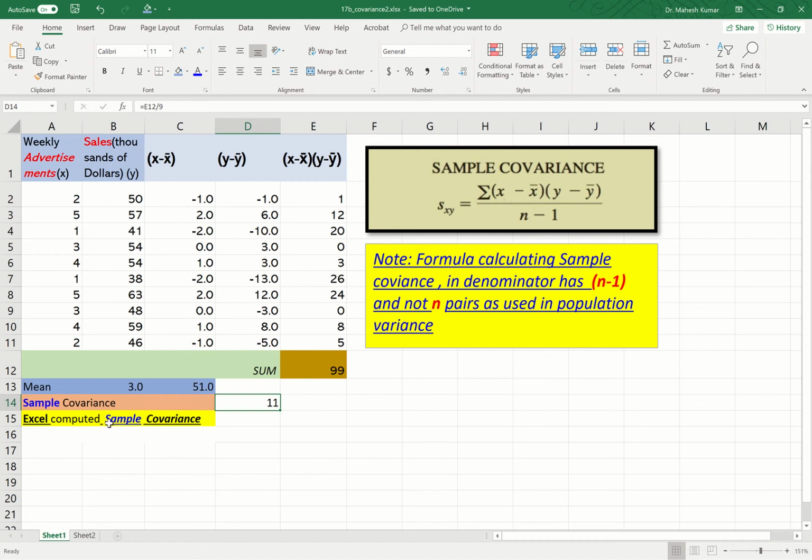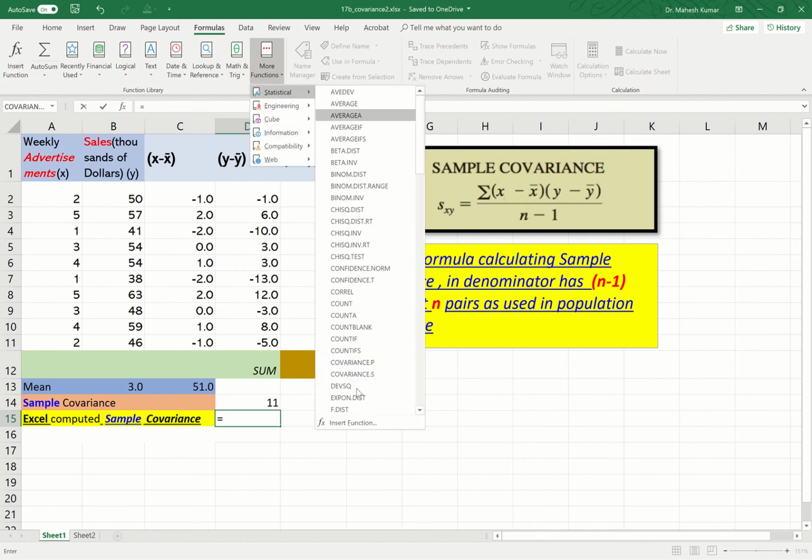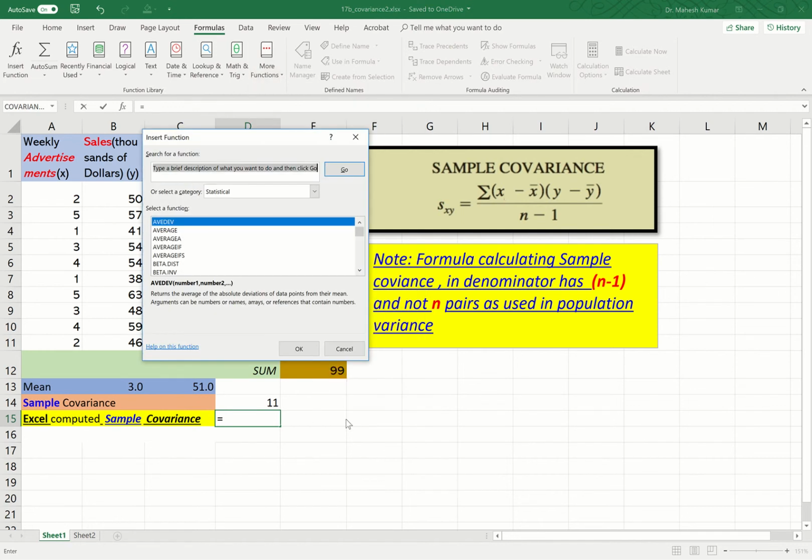Now let us use Excel to compute the sample covariance and see whether we get the same results or there is some difference. Let us see. Go to formulas, more functions, again statistics, insert function. Let us type covariance one more time and click go, and this time we are selecting COVARIANCE.S, and the help here tells us that it returns the